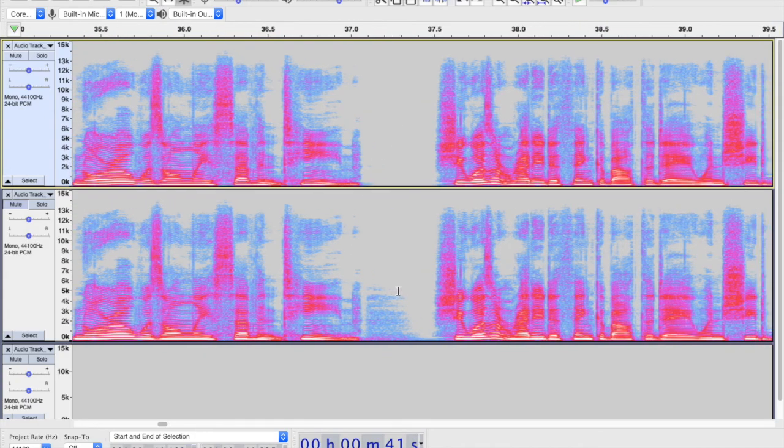Now, let's go back here. This was I think a semicolon in my text. I kind of like the thought of having a breath there as a nice little natural transition. So let's put that breath back in. We're going to copy it in that middle track, shift up arrow, paste it so that it's pasted in the exact same place, and then we're going to de-amplify it, Command M,